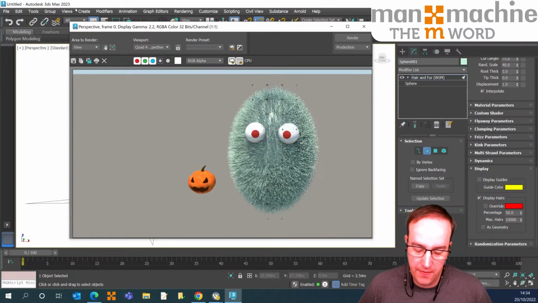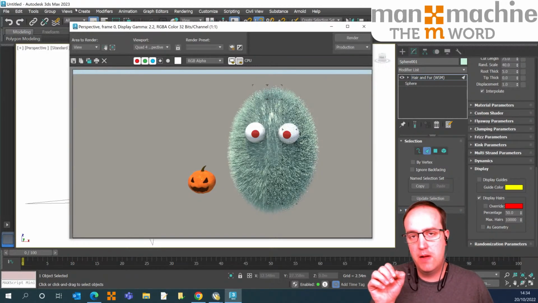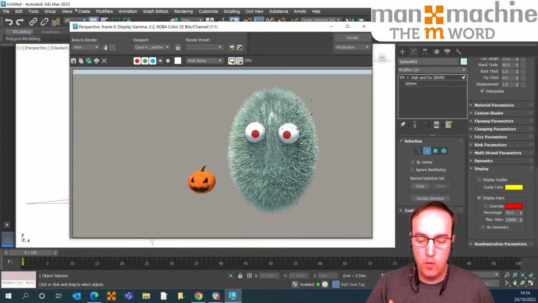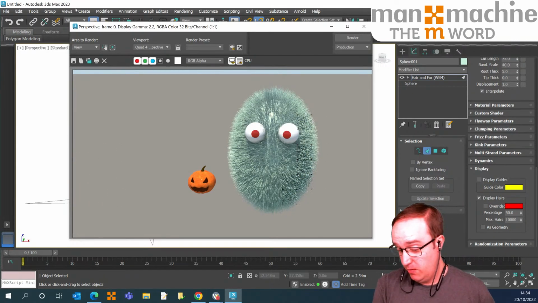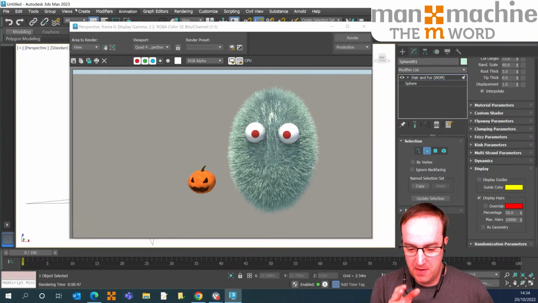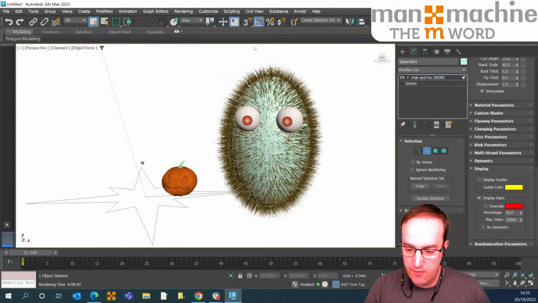So if you think of the pumpkin there, if I'd have spent a little bit more time with the texture, a little bit more time with the lighting, we could have got something quite realistic quite quickly. And again, if you look at the horrendous thing that I've modeled on the right hand side there, we called him Bob. I quite like that. If we'd have spent a little bit more time, you can see kind of the quality of that fur, of that hair coming through already. So it's not something that's difficult to do. Just spend a bit of time in your texturing, spend a bit of time playing around with that hair and fur, and you can get some really, really nice